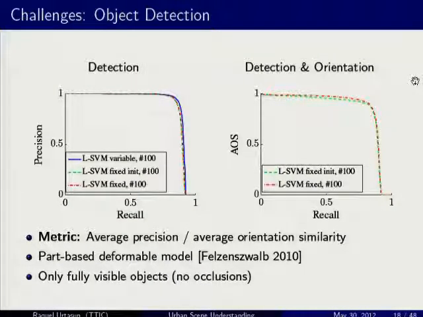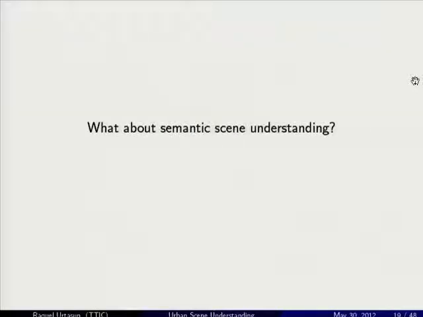Okay, so we also did a few experiments with object detection, and now finally the object detection data set, the full 3D object detection, is going to be available. This is just showing that in the easy cases, when you don't have occlusion, the UFC TTI detector works very, very well. Okay, so this is the Peter Felzenszwalb, David McAllester, Deva Ramanan, and Ross Girshick detector. Okay, so this is all I want to show about the benchmark.